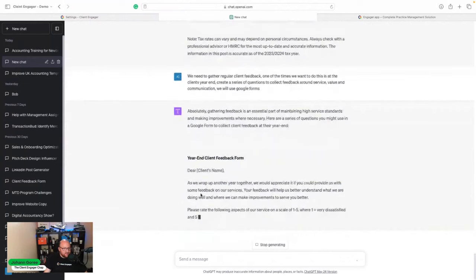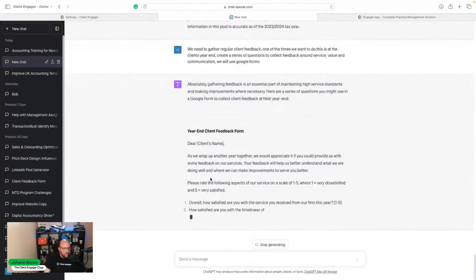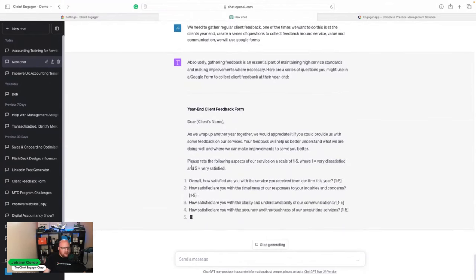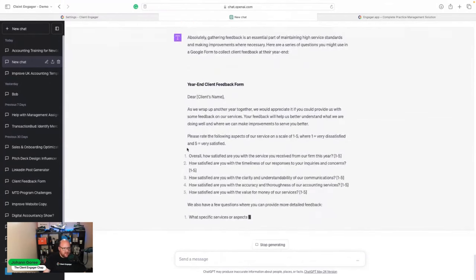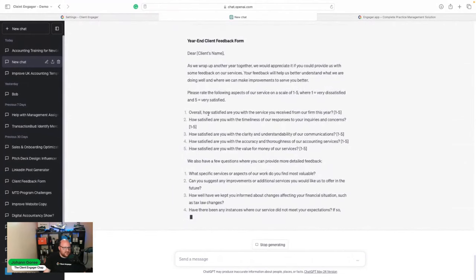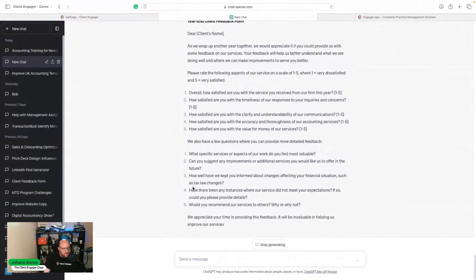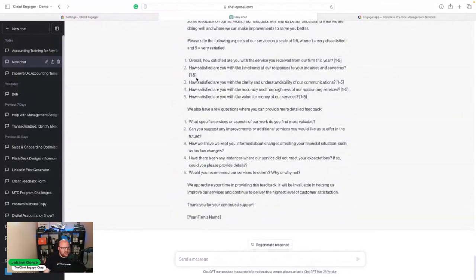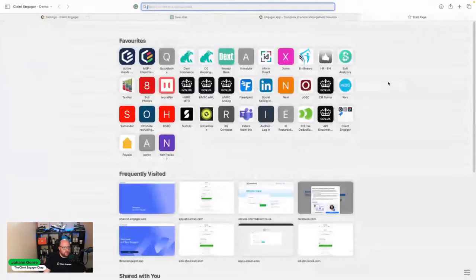It's also going to put it into an email format, apparently. But if we ignore this top bit, it's now saying, please rate the following aspects of the service scale from 1 to 5, 5 being very satisfied. It's come up with these questions, okay? So it's come up in 2 headings. One is scale service. One is more detailed background. So what I could do then, and just to prove a point,